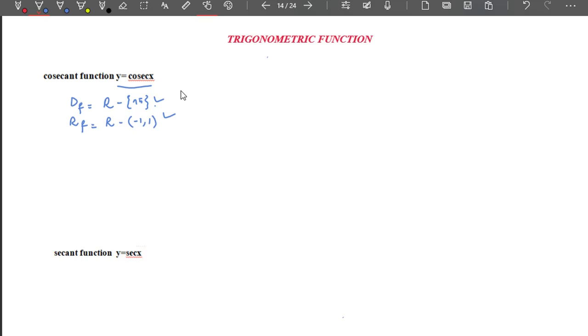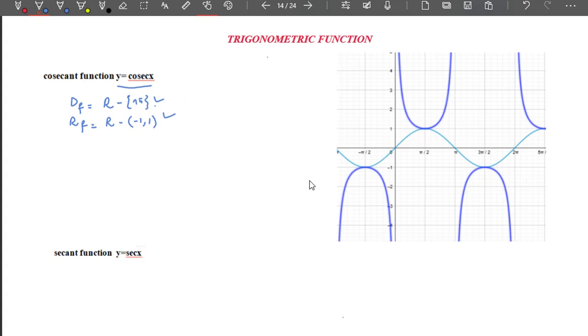See the graph with sin x, then you can compare. Okay, now you can compare. Sine increases from 0 to pi by 2, whereas cosec x decreases from infinity to 1 in this interval, in 0 to pi by 2. Then sine decreases from pi by 2 to pi, and cosec x increases once again, then it becomes undefined.